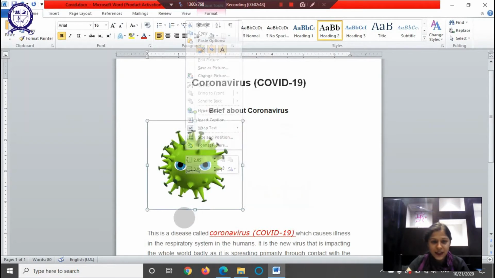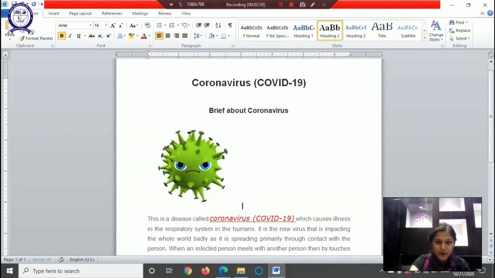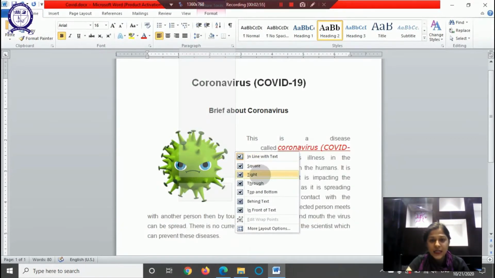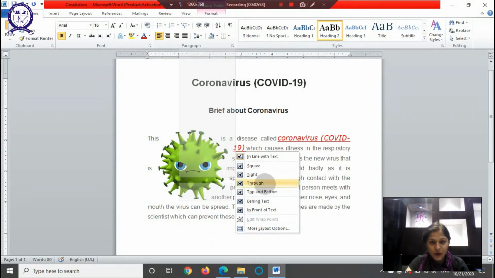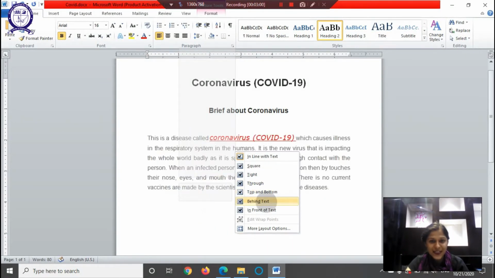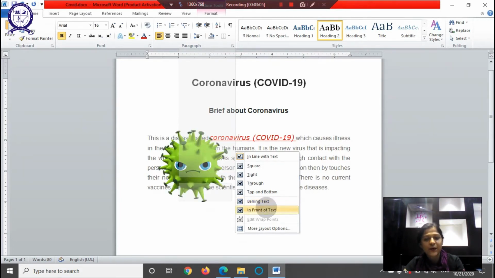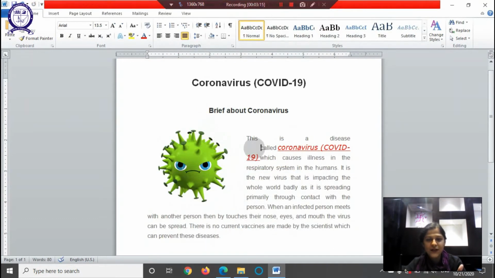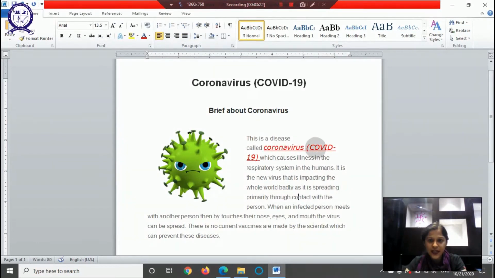Now you can see that we have options such as in line with text, square, tight, through, top and bottom, behind text. As you can see, with behind text, the image has gone behind the text and it's not able to be seen, and then in front of text. So the best formatting remains square, and I'll click on that, and as you can see the document looks like this now, right? Now I'll get it to justified.